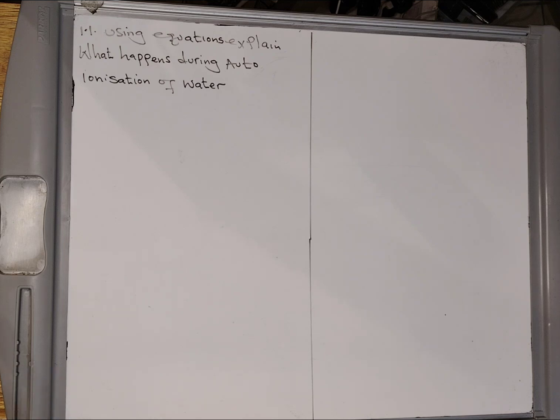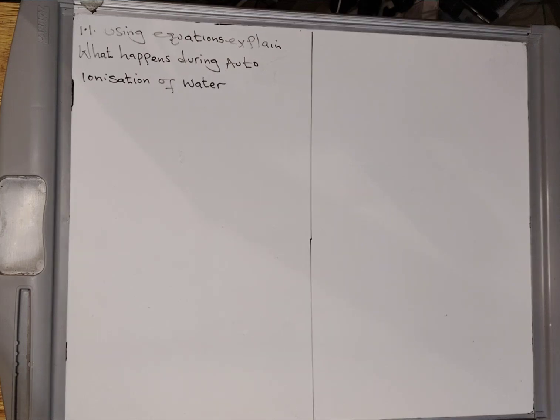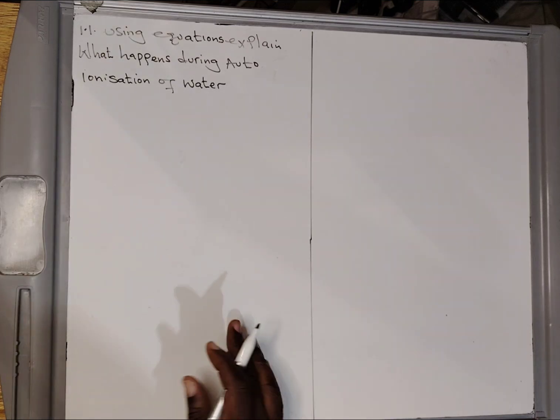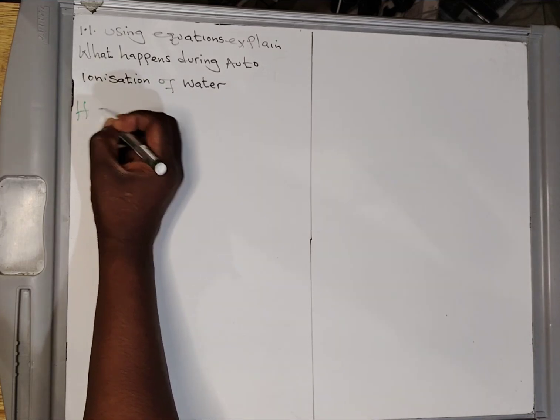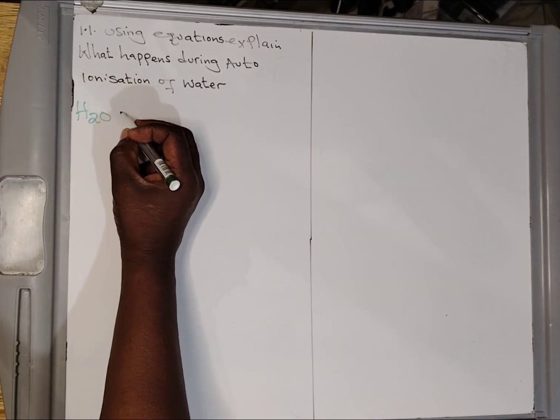Okay, let us look at the question here today. The first part says, using equations, explain what happens during auto-ionization of water. This is a part we have to know. Auto-ionization of water, what actually happens? What happens during auto-ionization of water is that you have two water molecules